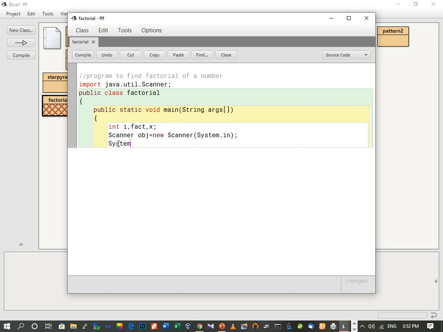So System.out.println("Enter any number"). Whatever number the user enters, we need to store it in the variable x. So x equals obj.nextInt(). As this will be an integer value, we are using the nextInt method.